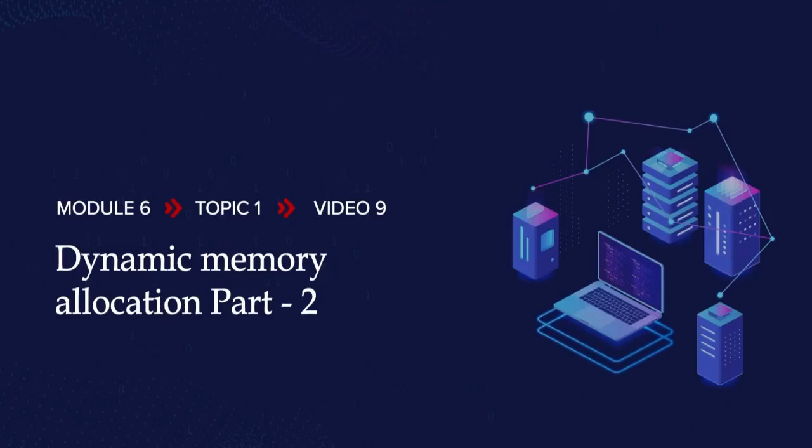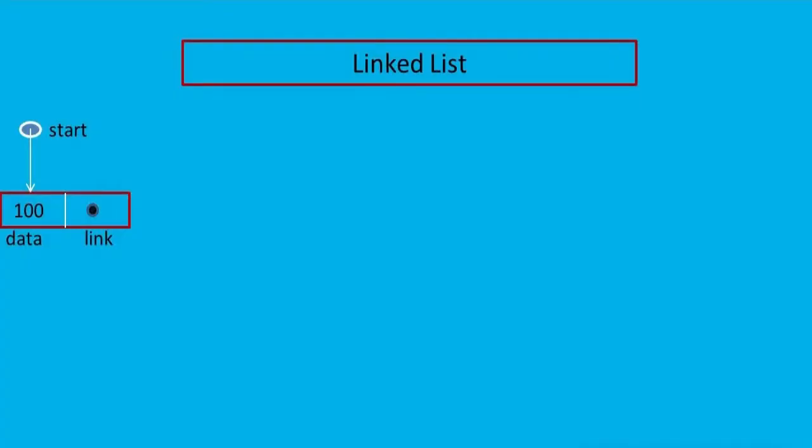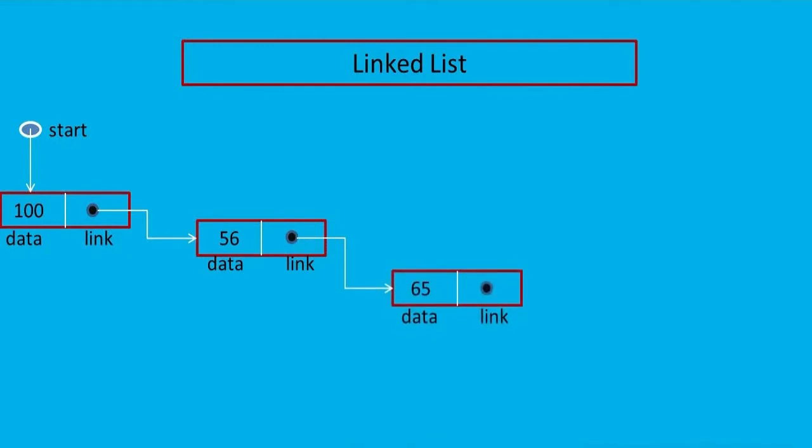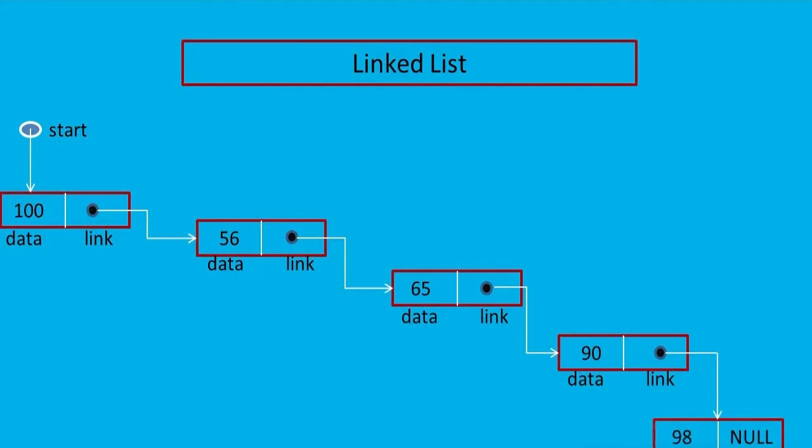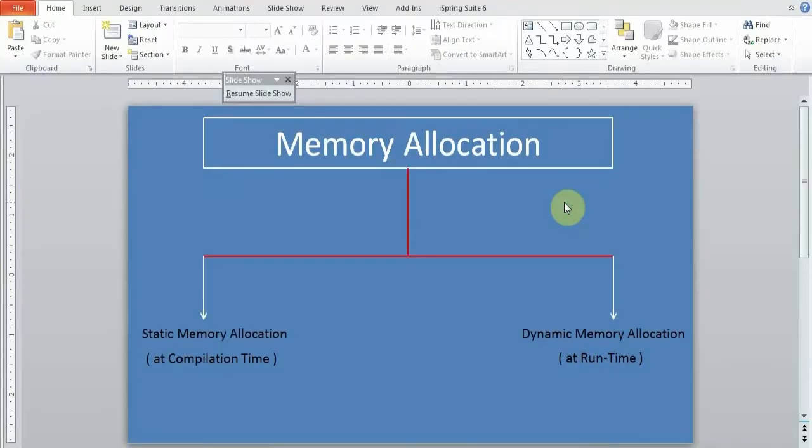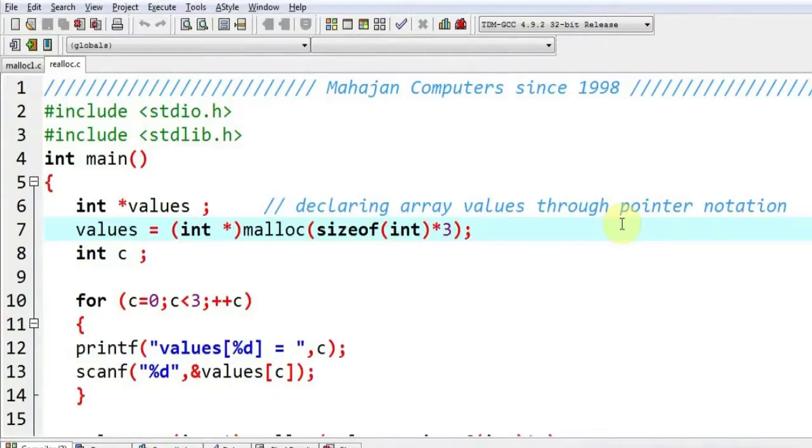In the previous lecture, I had explained to some extent the benefit of using dynamic memory allocation. I had cited an example of a linked list whereby we can have different nodes, and those nodes can be created dynamically at runtime. That means whenever the need arises, the user can create new nodes. I have come up with another advantage of using dynamic memory allocation, and that is the use of a library